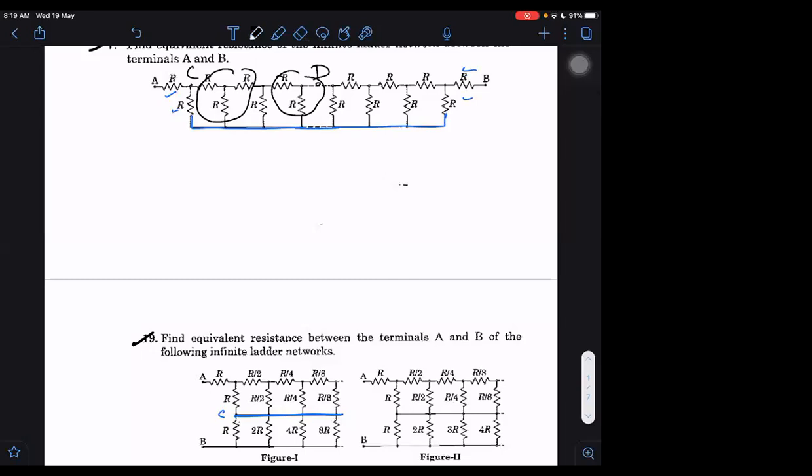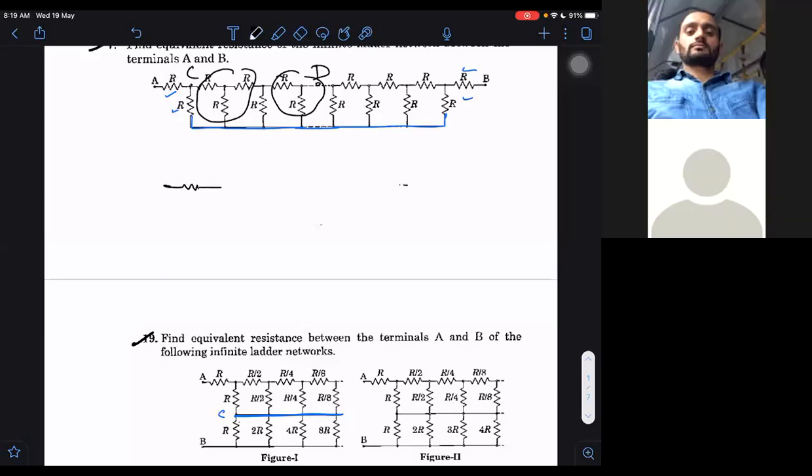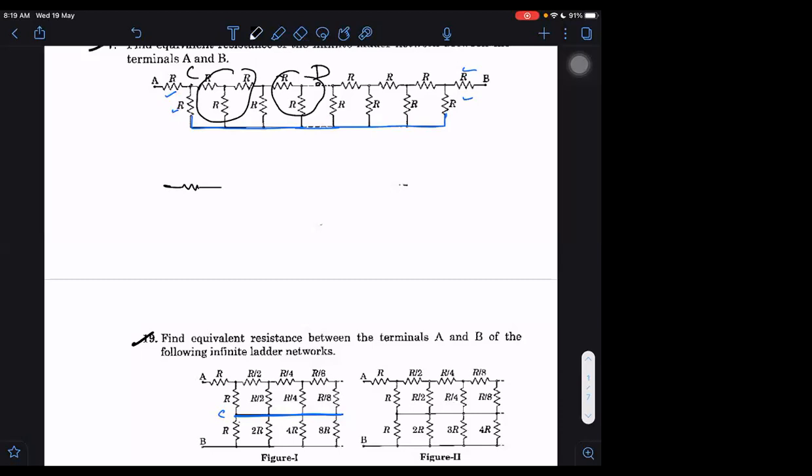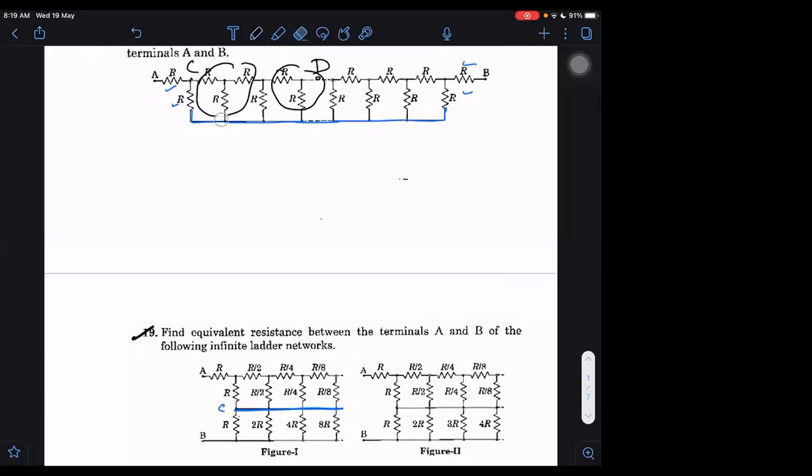We can find between which points we can divide it into half. Yes, sir. A and B we can find, and D and B will be the same as A and B resistance, and that too we get in series. But there is a connection here in between. Are you noticing that or not? We cannot just divide between A and D. But we can follow the infinite ladder method.